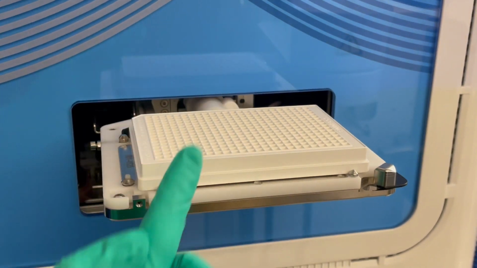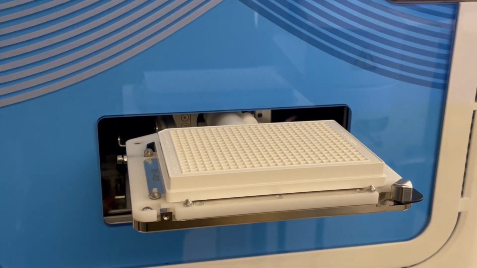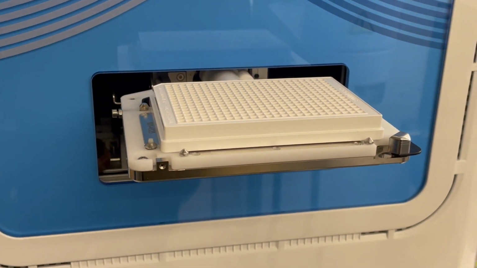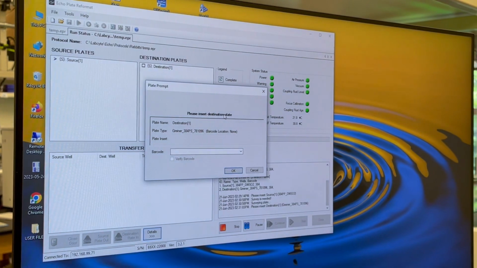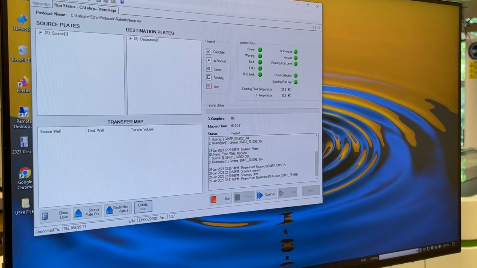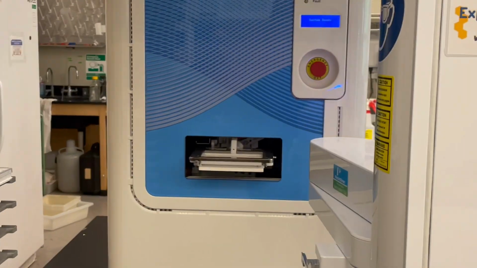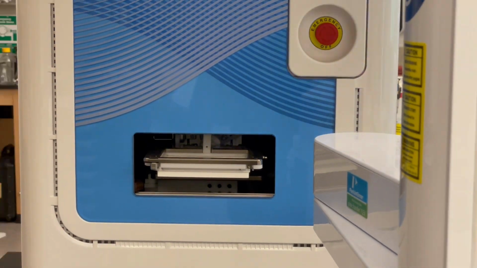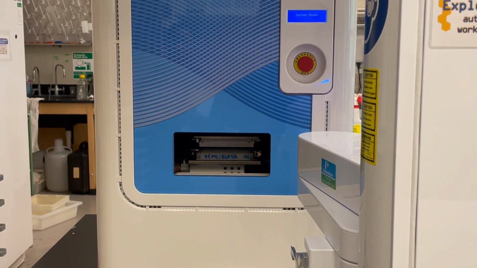And you give it a wiggle to confirm visually that it's in the right spot. And again, there's no lid, there's no seal. You do want to make sure that the volume of liquid in that plate is not so much that when it tips upside down the liquid could drip out. So when you click OK, you'll see the plate actually flips upside down and then goes into the instrument. So that's why you don't want the liquid to drip out.